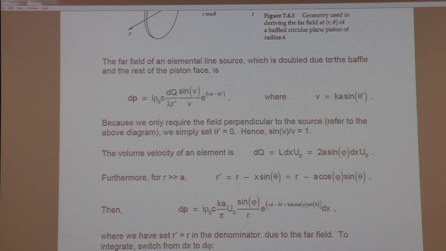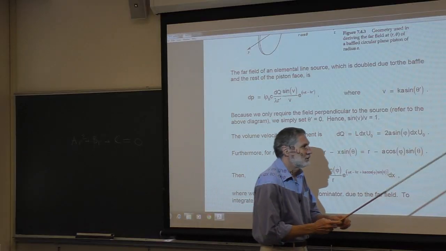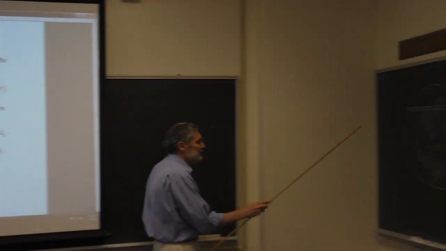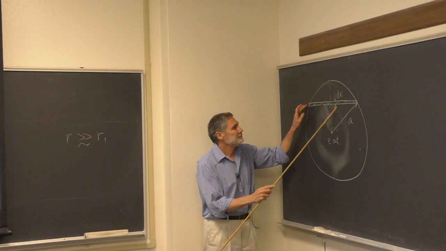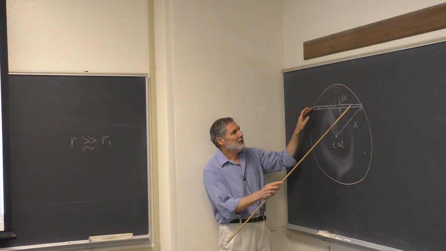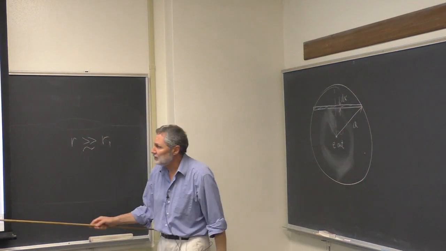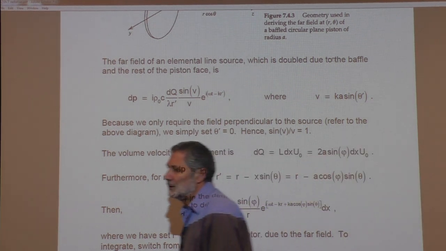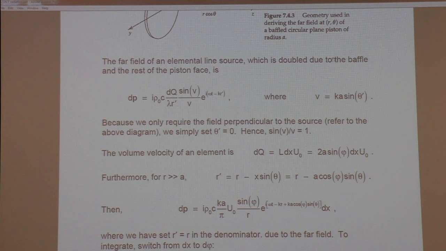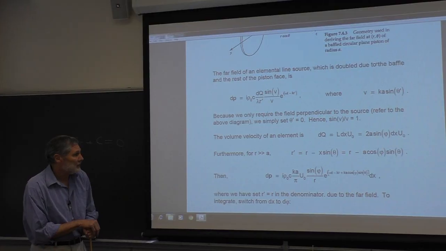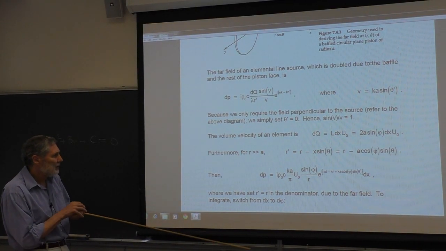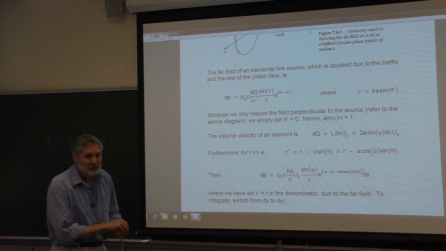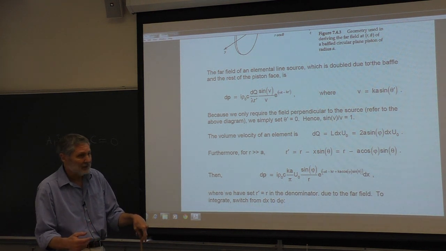So here is our differential pressure contribution. The contribution to the pressure from this elemental source right here. We need to integrate over all these. And you can see it's starting to look really ugly. Because what are we integrating over here? I haven't beaten it down to one variable yet. What are we going to integrate over here? Well, it turns out what you want to do here, and you wouldn't know until you beat on this,